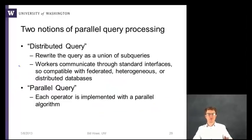So now we want to evaluate these queries, but we want to do it in parallel now. And so there's two different terms that I want you to be familiar with. One is distributed query and one is parallel query, or distributed query processing and parallel query processing. And so they're both ways of sort of taking advantage of more computing resources for the same query, but they